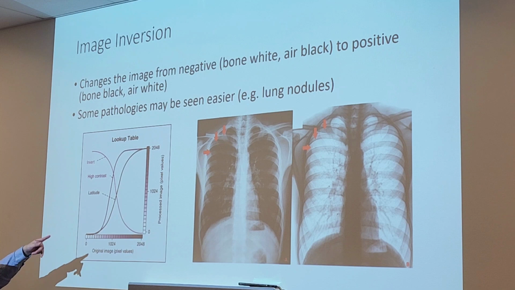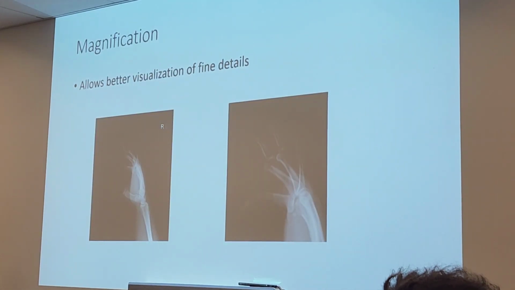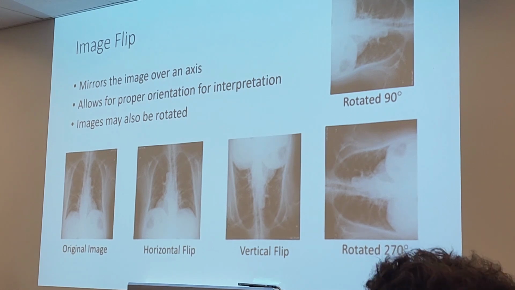Image inversion. Just flip colors. Black becomes white, white becomes black. Nice and easy. And then magnification: make things bigger. And that's it. That's your post-processing. So why would you make black into white and white into